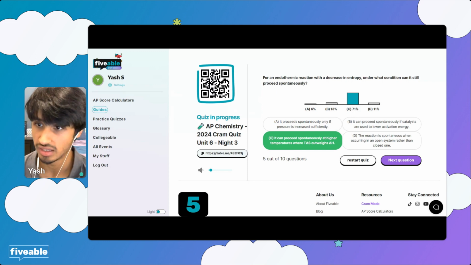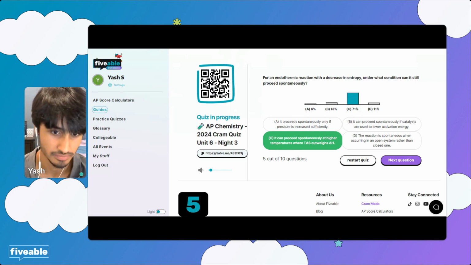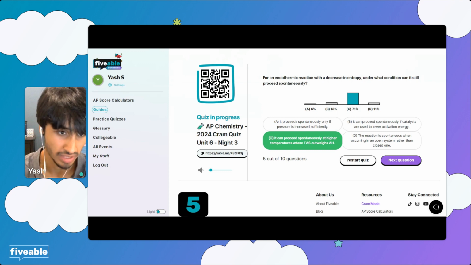If you have an increase in entropy, delta S is positive. And so in that situation, your delta H, which is a positive number, would be outweighed by a super high temperature times a positive delta S. Because that would be a negative number, right? Because you have a positive number minus a negative number, and you increase that negative number, the whole sum is going to become negative. And when it is negative, delta G will be less than 0, which will mean the reaction is spontaneous.